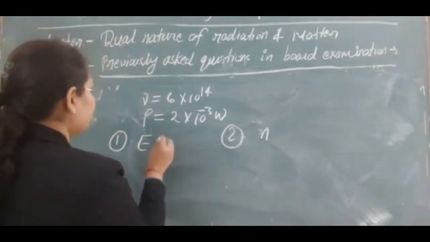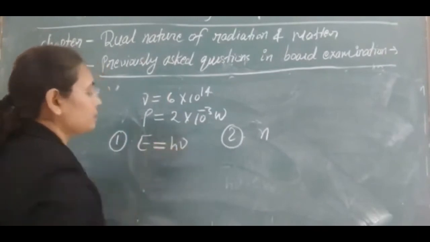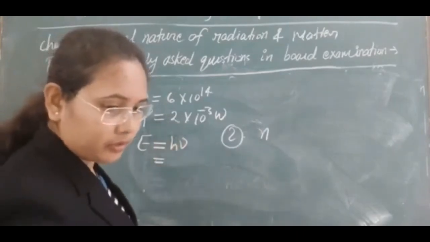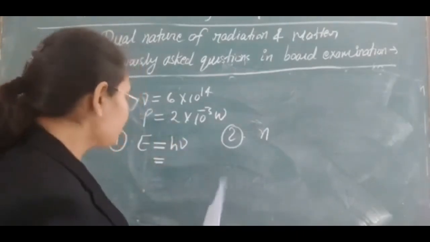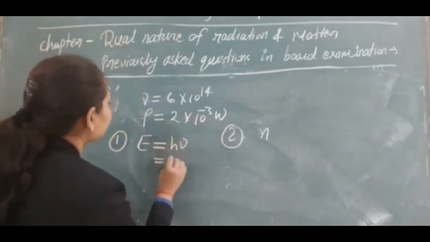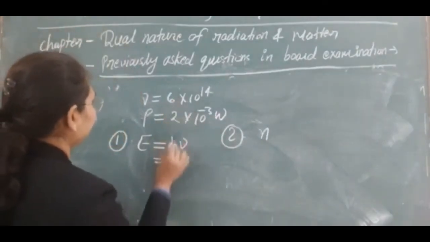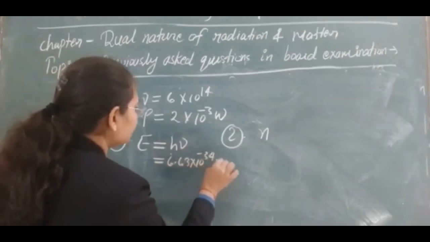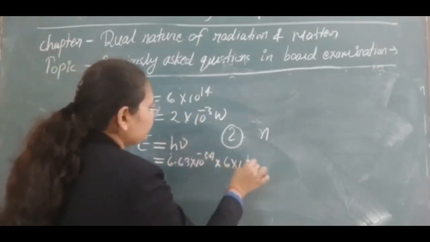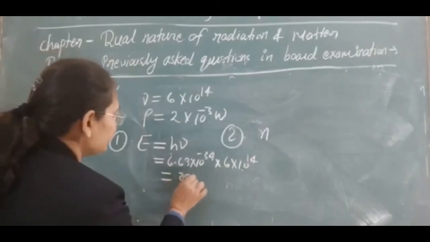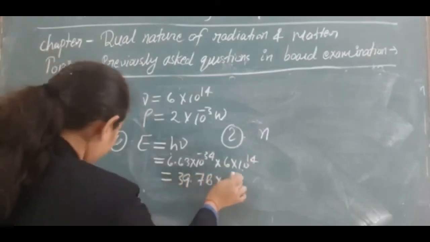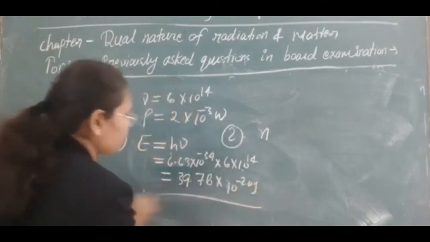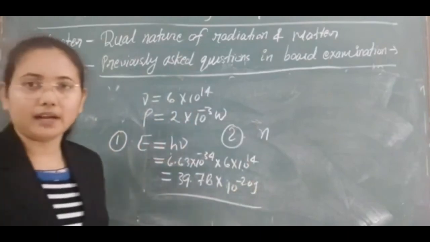Using Planck's law, the energy of the photon, denoted by E, is equal to h nu. Obviously, the energy of one photon is what we calculate first. So energy is equal to h, which is 6.63 into 10 to the power minus 34, into 6 into 10 to the power 14. As frequency is given, you can solve it. After solution, its value is nearly equal to 10 to the power minus 20 joule. So this is the energy of one photon contained in that light beam.